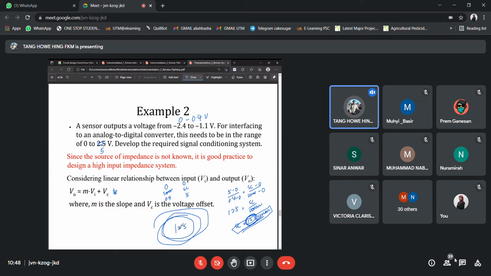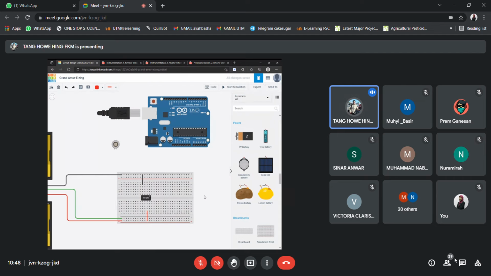And there are 2 ways to apply this gain of 12.5. We could use either an inverting amplifier or a non-inverting amplifier. Since I don't want to use 2 op-amps, because with an inverting amplifier I'm going to get a negative, I just want to use a single op-amp, and therefore I think I'll use a non-inverting one, because I just want to achieve amplification only. So that means for this 12.5,